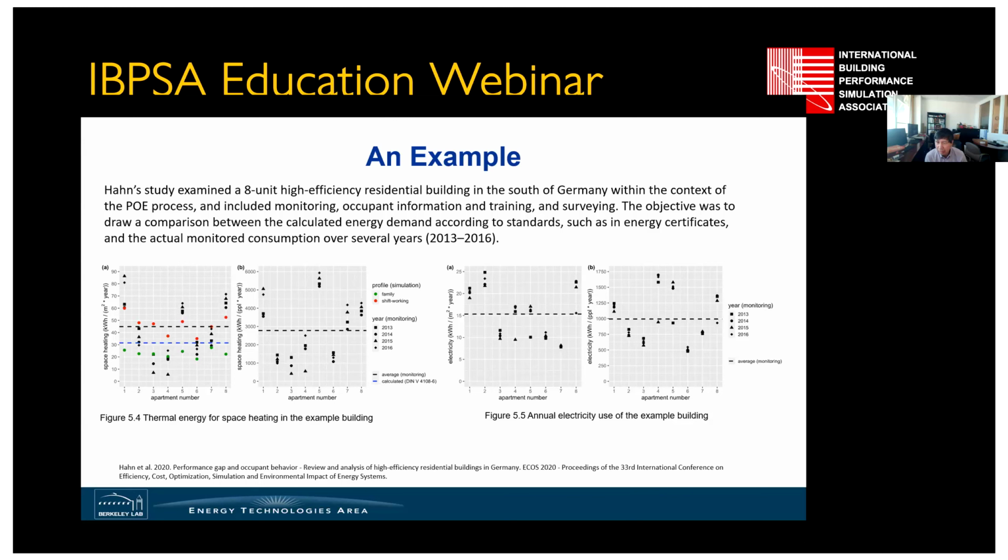And I think, again, it shows that if we use the building floor area or the number of occupants, you will see different metrics and different levels of performance across these 8 apartment units. So just keep this in mind. This is a nice example using real measurement data to show how the differences of metrics can inform different aspects of the building performance.